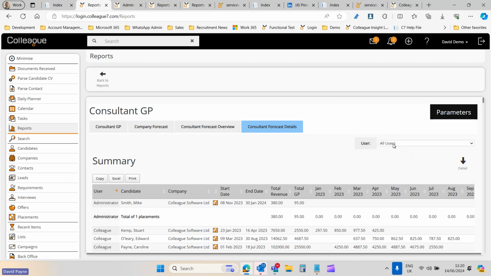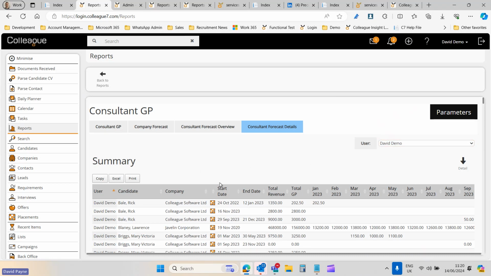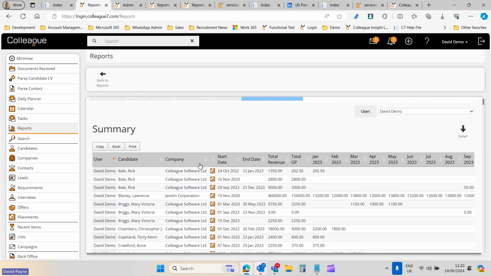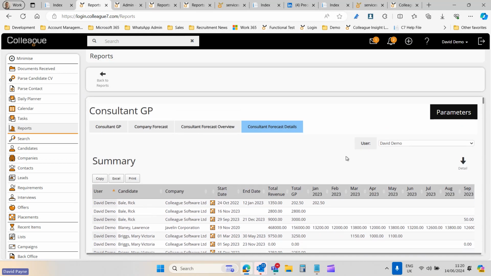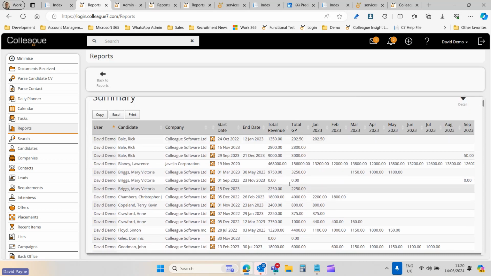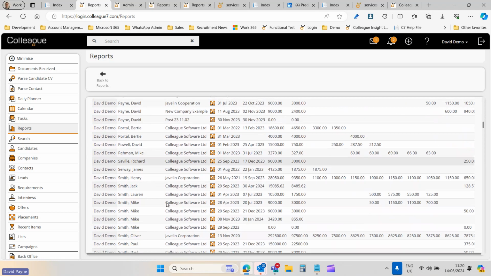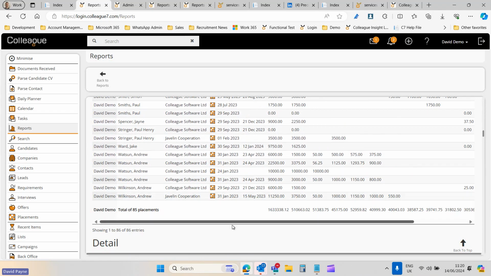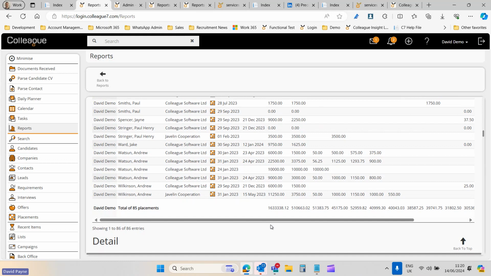the future. If I filter on maybe just my own forecast on this demo system, you can see that I've got the commissions that are set out over the course of this entire date range forecasted forward. The commissions that I'll get through each month have been laid out there month after month against all the different placements. I've got a lot of placements on this system against me, but